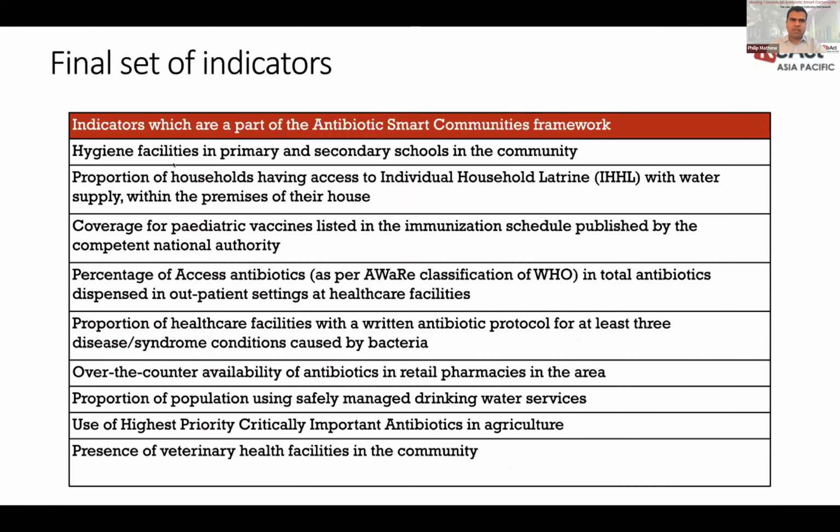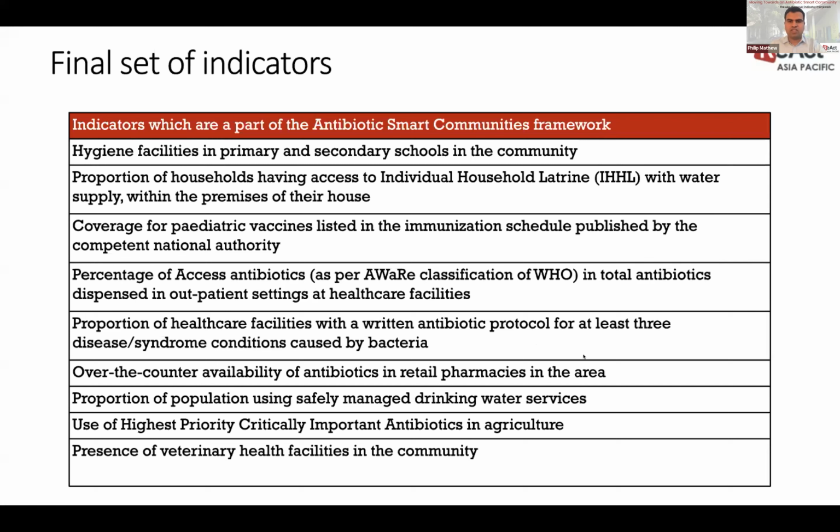Just to give you an outline of the final set of indicators, we had one indicator on hygiene facilities in primary and secondary schools in the community, proportion of households having access to individual household latrines, coverage of pediatric vaccines listed in the immunization schedule published by the nationally competent authority, percentage of access antibiotics in total antibiotics dispensed from a healthcare facility, proportion of healthcare facilities with written antibiotic protocols for syndromic conditions, over-the-counter availability of antibiotics in retail pharmacies, proportion of population using safely managed drinking water services,